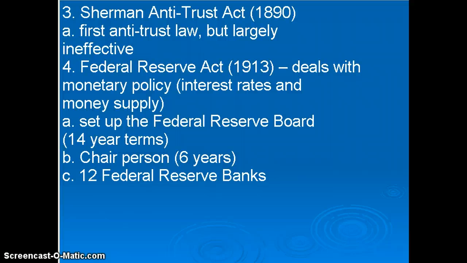What the Federal Reserve Act did was set up the Federal Reserve Board, which, even though it doesn't have a commission at the end, is an independent regulatory commission. The members serve terms of 14 years, and the chairperson serves a term of 6 years. The chairperson runs the bank, and they, as a group, control the monetary policy of the United States. They do it independent of Congress and the President. This keeps politics out of federal monetary policy, and it also allows them, as experts, to try to have a better policy.